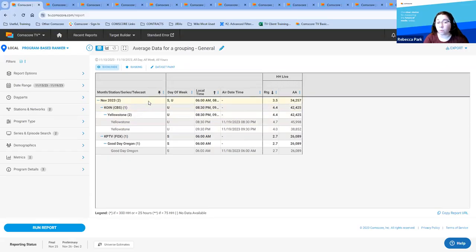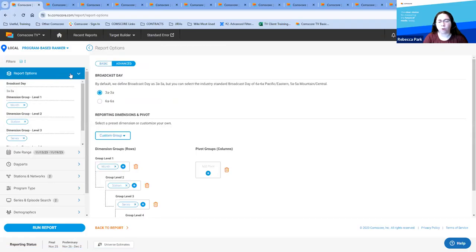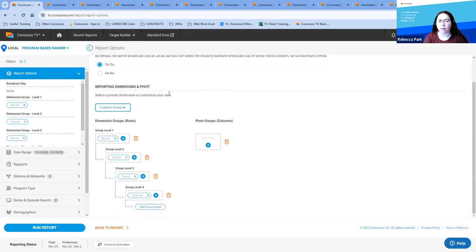I could also do the same if I have chosen a few series or episodes within different stations, and I have those selected and I just want to know the average of all of those together, then I would choose a time period selection. You do this by going into report options once more to show you. We're in our advanced, and here's what that report has looked like. So I have my group level 1 as a time period. We use time period the most to make an average of a grouping because